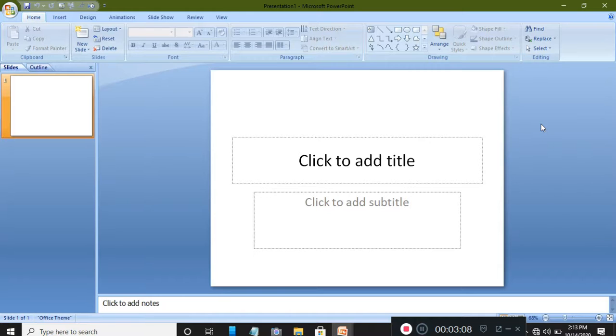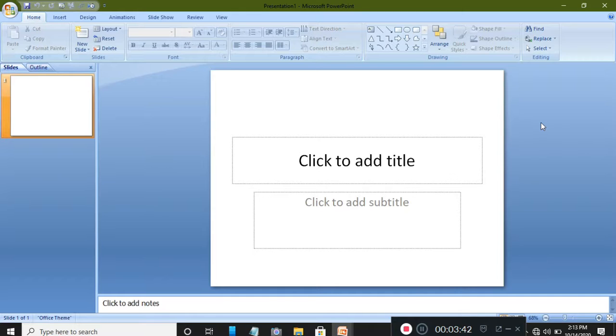Okay, so right now I told you two ways to launch a Microsoft PowerPoint program or file. Now what will be the second step? After launching it, what are we going to do? The second step we will do after this is choosing a design. The next thing you want to do is decide what design we want to present, what kind of design we want to insert in our first slide.